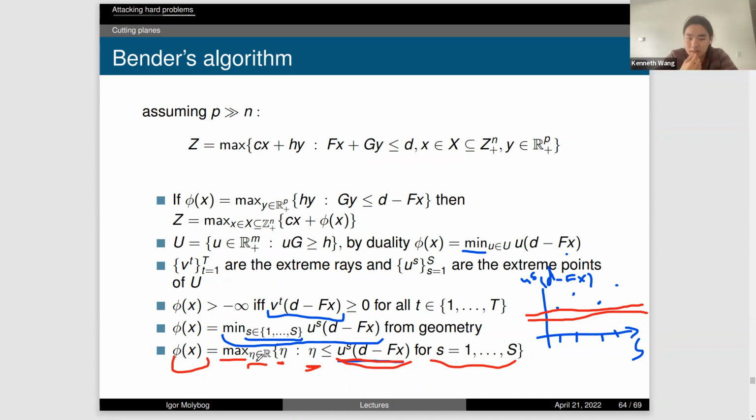Yeah, I think it makes more sense now. So basically, we are trying to find the maximum over all of the lower bounds on us times d minus fx. Yeah, that makes sense. It's kind of similar to what we did before when we had a max min problem, right? Where we would encode the inner min or the inner max, or whatever it was, using inequality, and